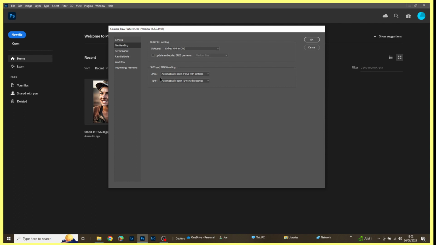So you'll notice by default it says automatically open JPEGs with settings. Now if you select the drop down, if you were to select automatically open all supported JPEGs, and you can do this the same for the Tiff file type as well if you want, but if you select that and then select OK